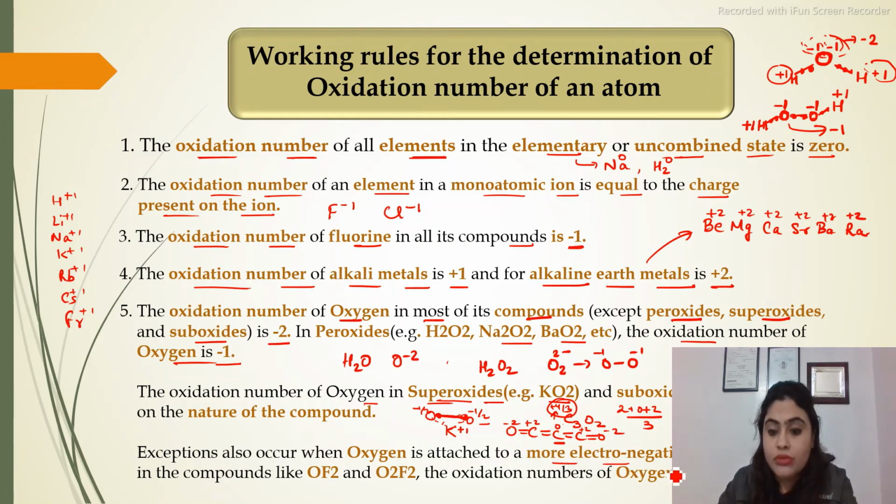So, and some exceptions also occur when oxygen is attached to the more electronegative atoms like fluorine. So, when oxygen is attached to more electronegative atoms like fluorine, यहाँ पे देखो शेयरिंग ऑफ इलेक्ट्रॉन्स हो रहा है, ओके। तो शेयरिंग ऑफ इलेक्ट्रॉन्स हो रहा है तो ऑक्सीजन के ऊपर मोर नेगेटिव चार्ज आएगा, यहाँ पे आप किसके पास आएगा, फ्लोरीन बीइंग मोर इलेक्ट्रोनेगेटिव, वो अपने तरफ अट्रैक्ट करेगा इलेक्ट्रॉन्स, ओके। तो यहाँ पे ये -1, यहाँ पे अगेन इसकी वजह से -1, तो -1 को कैंसिल कौन करेगा, +2। तो यहाँ पे ऑक्सीजन का ऑक्सीडेशन स्टेट +2 हो जाएगा।